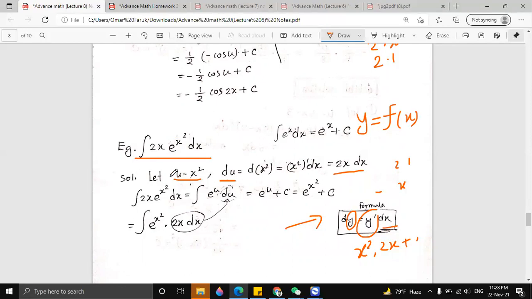Again we let x squared equal u, so it will make integration of e to the power u du. So why do I write du? Because 2x